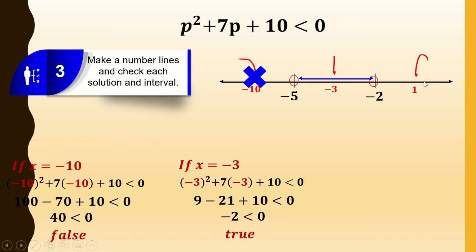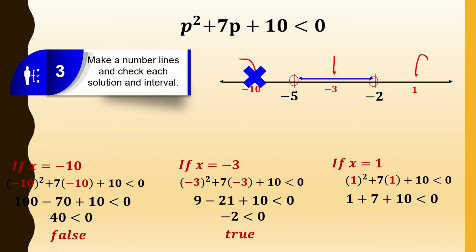Next, I'll choose positive 1. Substituting positive 1 into our inequality, we have 1 squared plus 7 times 1 plus 10 is less than 0. Simplifying that, we have 1 plus 7 plus 10 is less than 0, which is not true because 18 is greater than 0 and not less than 0. So, meaning points from negative 2 up to positive infinity are not